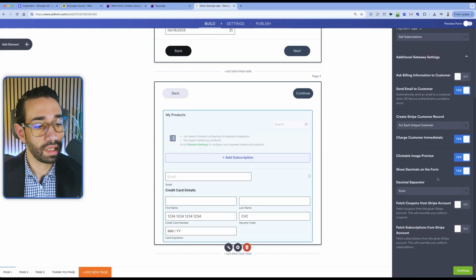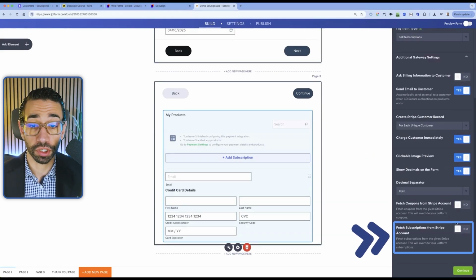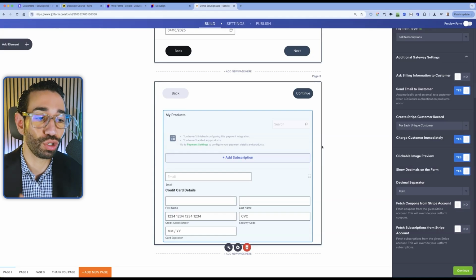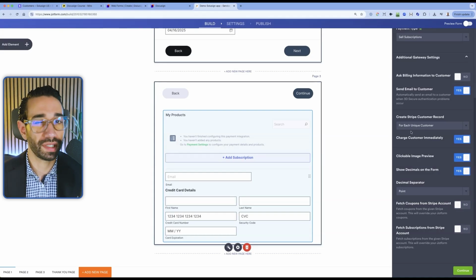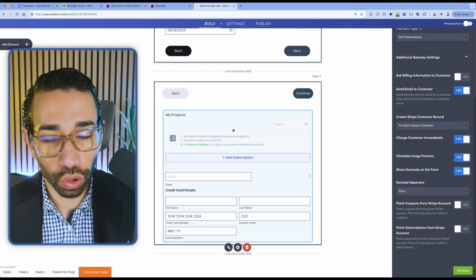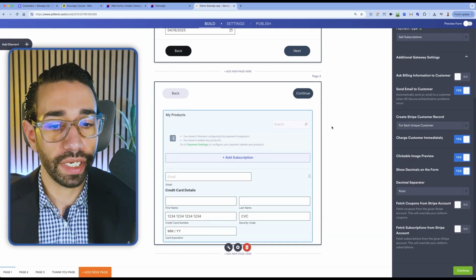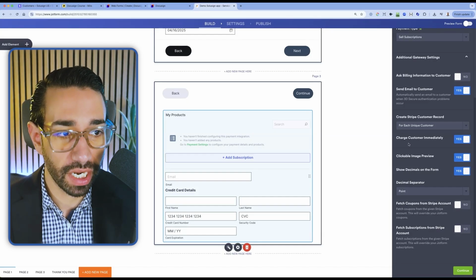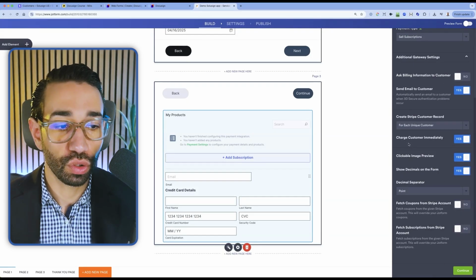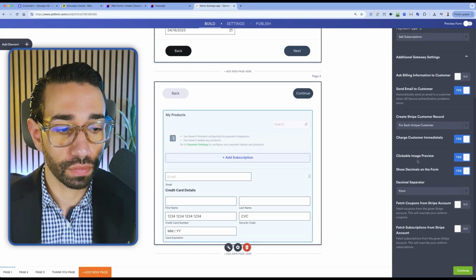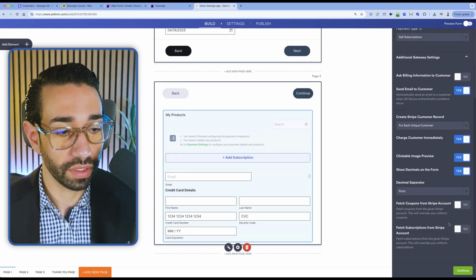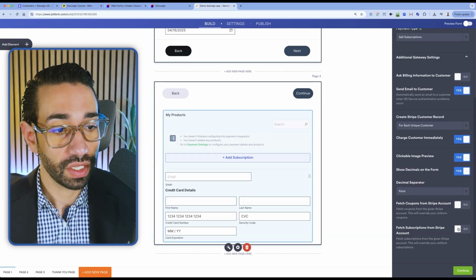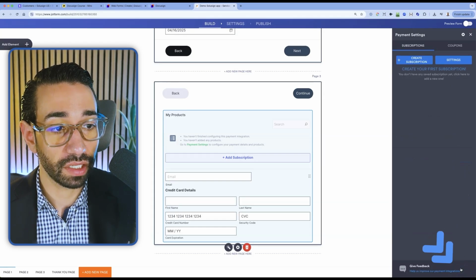Now, it's asking me if I want to fetch the subscriptions from my Stripe account or if I want to create new products. What does that mean? It means that you could, in theory, create new products directly within Jotform and add a price to them. And then you could also create coupon codes within Jotform. So if I don't select yes to those two things here, then in this case, if I click continue, I